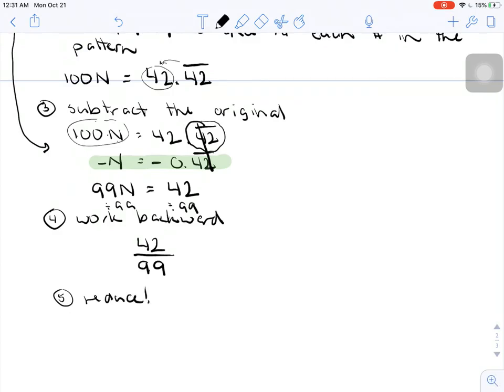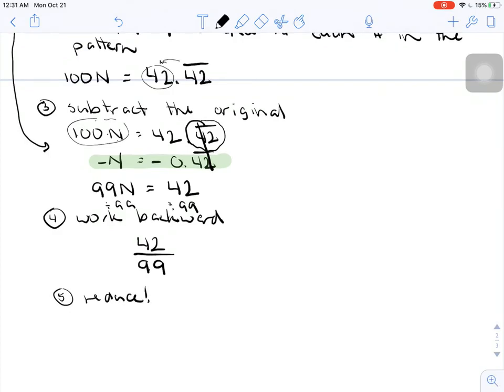So always check and see if you can reduce your fractions. So in this case, I can reduce this fraction. Everything is divisible by 3. So my final fraction, 42 divided by 3, is 14, 99 divided by 3 is 33. So 0.42 repeating in decimal form, if I rewrite it as a fraction form, would be